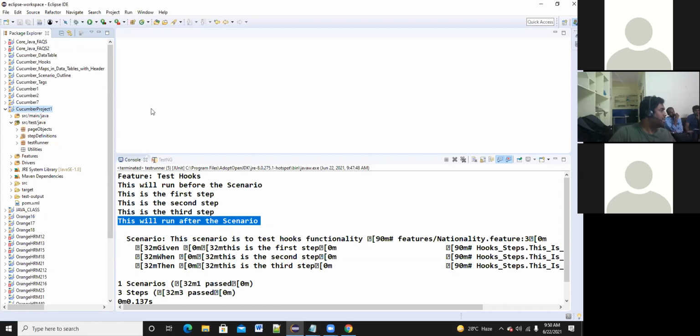So for nationalities, add nationalities, we will write nationalities.java, which contains add nationality, modify nationality. So that set of methods we have implemented. That's what we discussed in the page object model. Now let's see how to use that page object model concept in the Cucumber framework. So let's start from the features file.